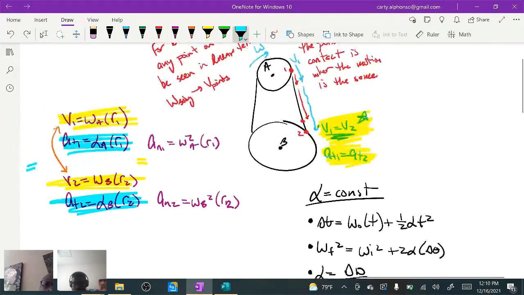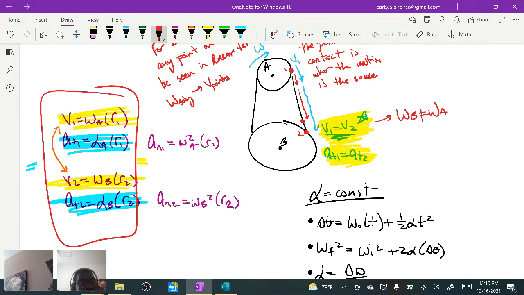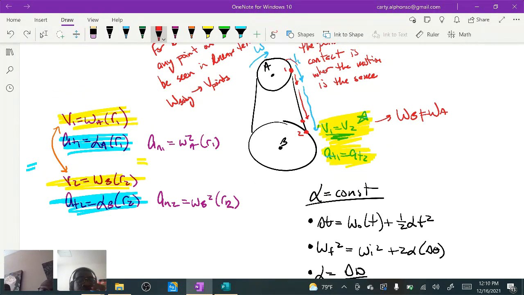No. Only the linear terms are the same. The angular terms are not the same. So the W of B is not the W of A. And that's what this means. W of B is not the W of A, and it's because of this. The V of the point touching B and A are the same, but the W's themselves are not the same. So what you would do